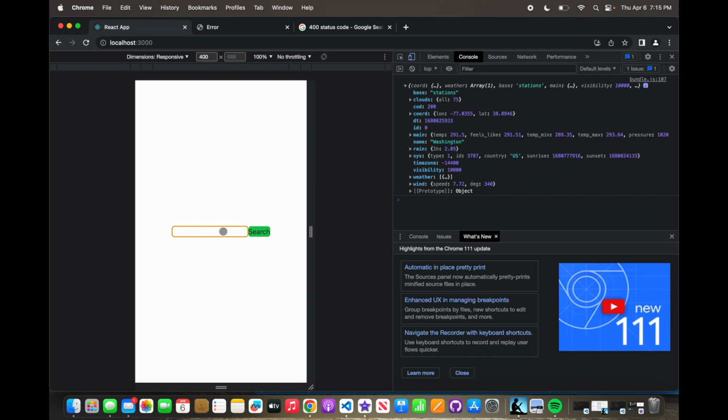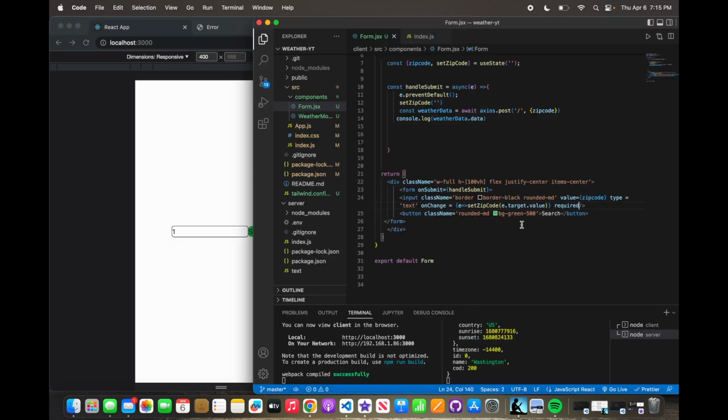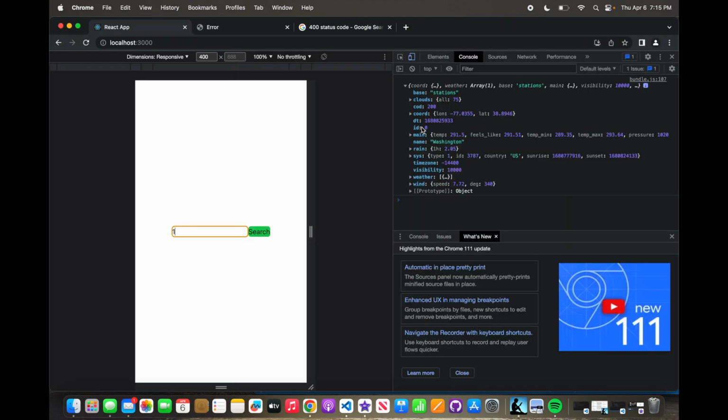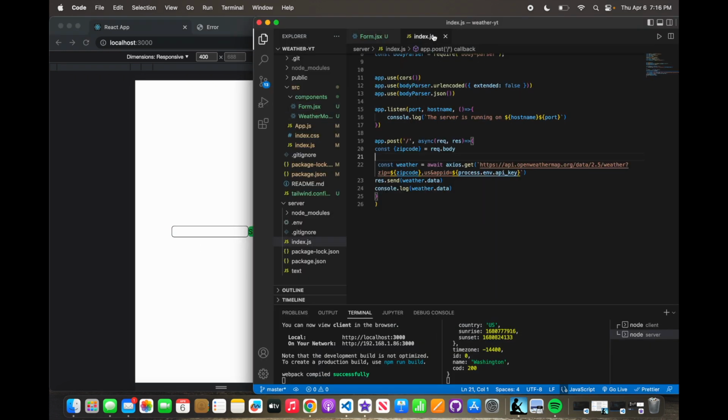If we just put 1 and we send that, that will also crash the server, because there's no zip code in the US of 1. So it's going to crash the server. What we can do before we render all this to the screen is make sure that every error handling is taken care of. So what we can do first is say,